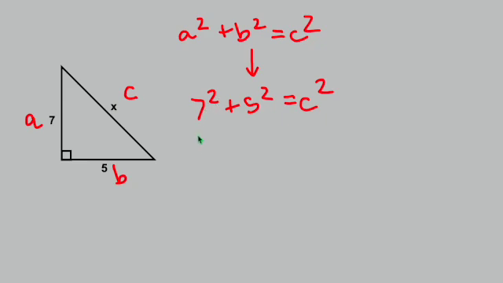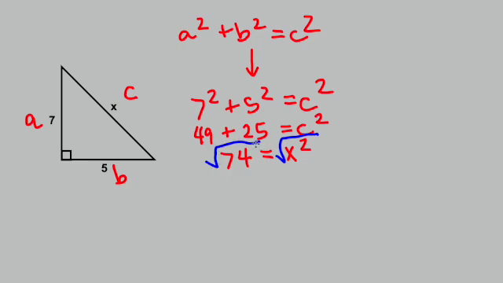If we take 7, multiply it by itself, we get 49. 5 squared is 5 times 5, or 25, and then that should equal c squared. And then we have 49 plus 25, that's 74. And by the way, I forgot to do this earlier, but let's just call c x, because that's what we did over here. So I'm going to write x squared instead of c squared. Then to solve this, to undo the square, we're going to square root both sides. I'm going to reverse sides now. So the square root of x squared is x, and the square root of 74 is square root of 74. And if you grab your calculator like I did earlier, it's about